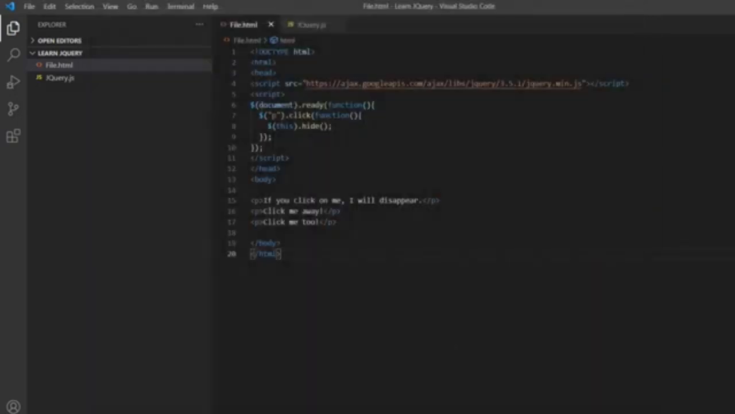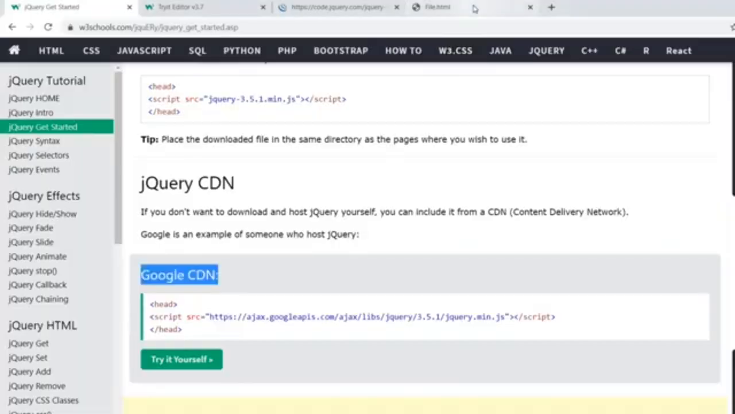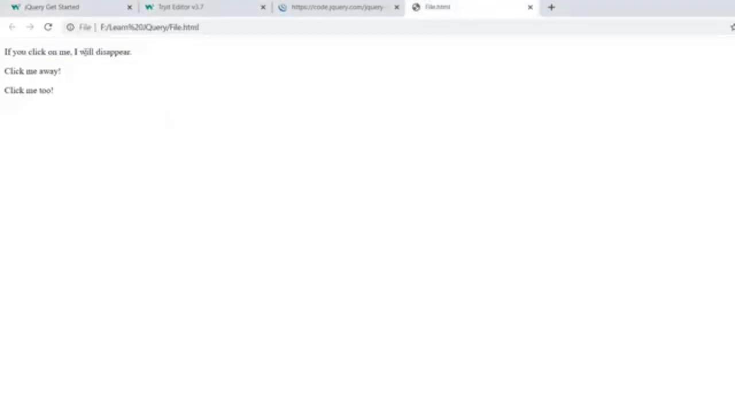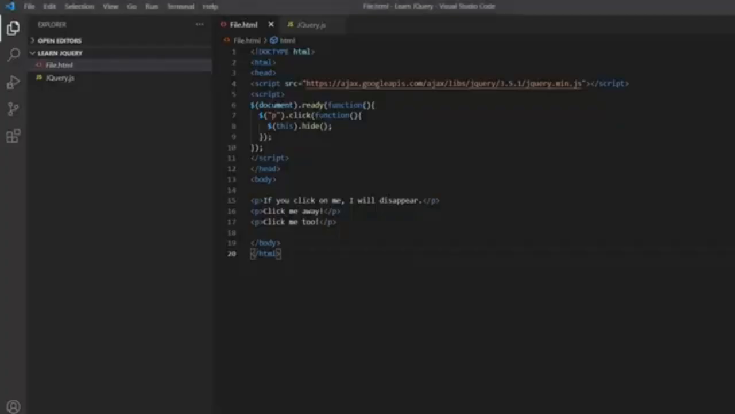Yeah, I got this output here. So when I click on this particular thing, that will disappear. Here you can see operations are performing, okay, right? So now what I am doing is, this is one process which is by using Google CDN. That thing is okay, fine. So what you can do is